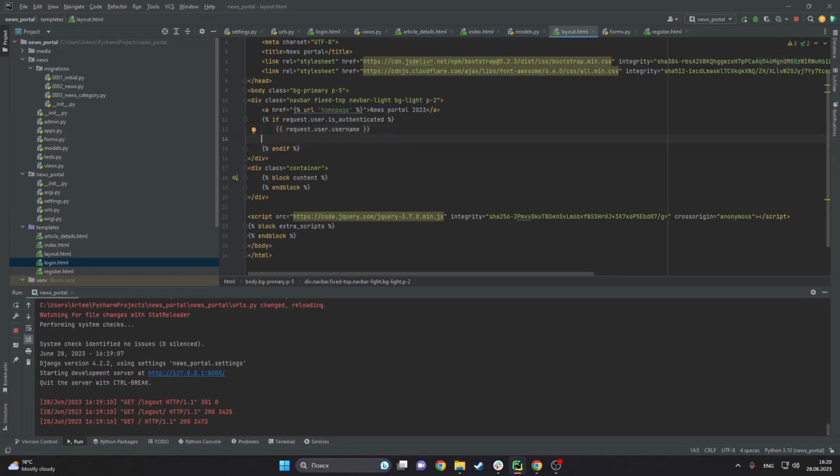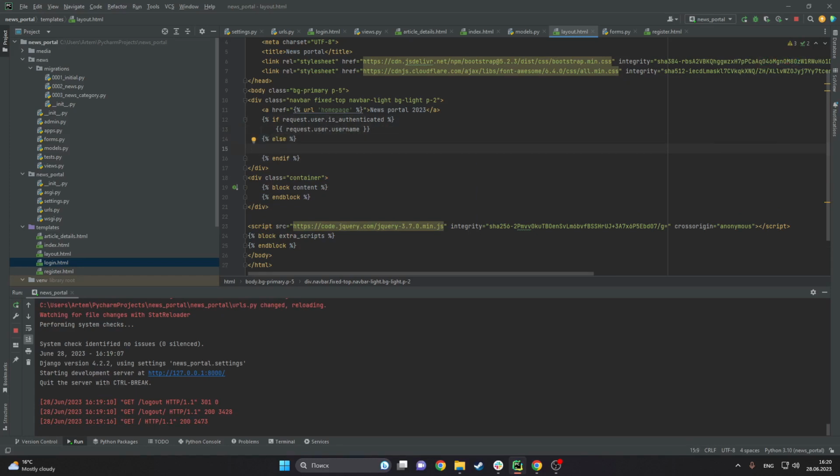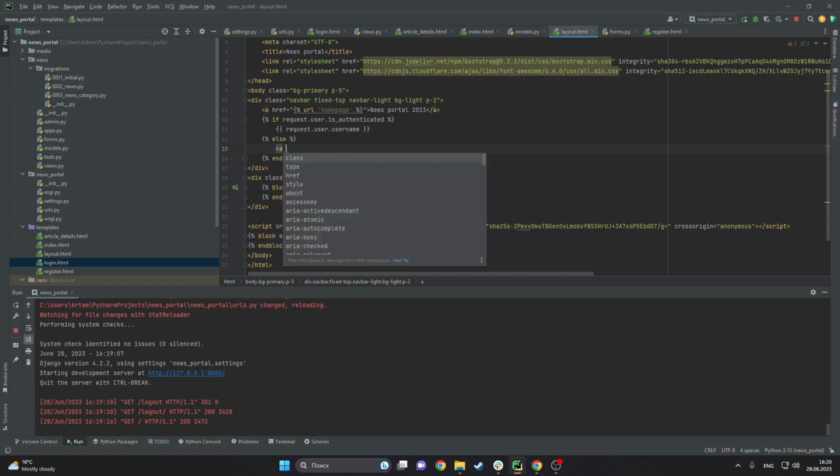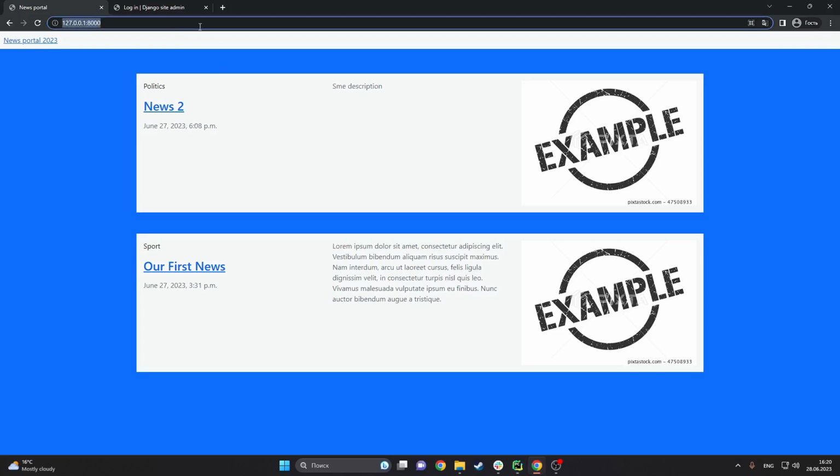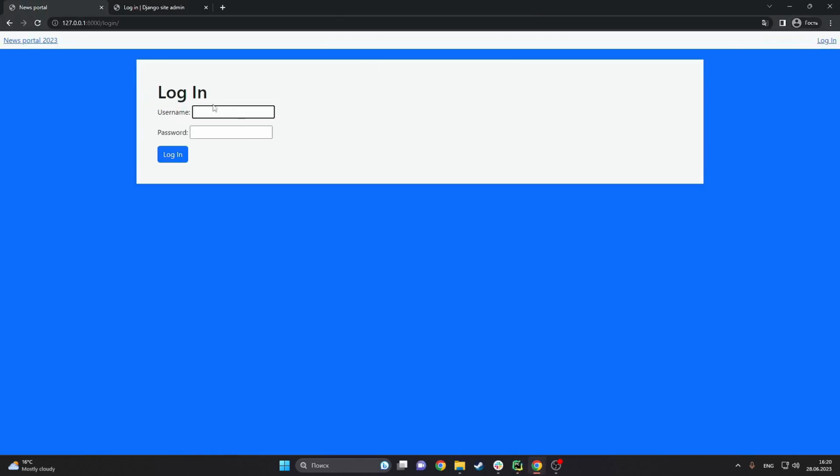And we are adding here else. If user is not authenticated, we will show the link for the login or register. Here will be URL login, and here will be login. Okay, let's update this. We see here login now, and if we press this button,